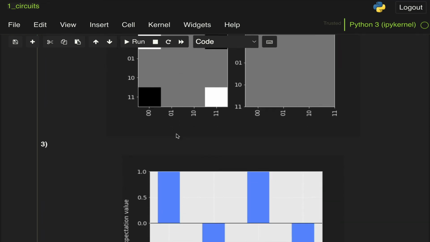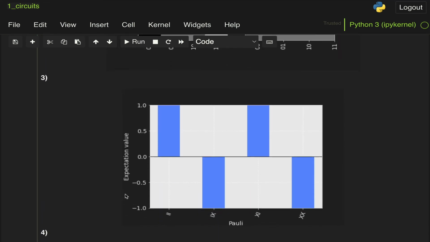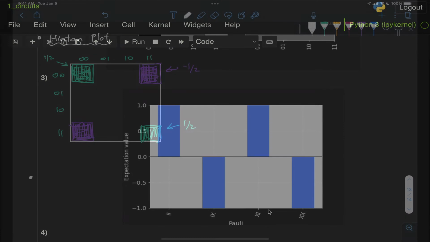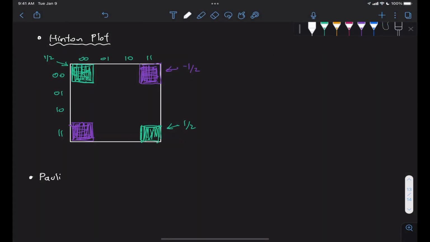But just for fun, let's go ahead and try to understand what this Pauli Vector representation is, and what it is that we're looking at here. So now let's go here and do Pauli Vector